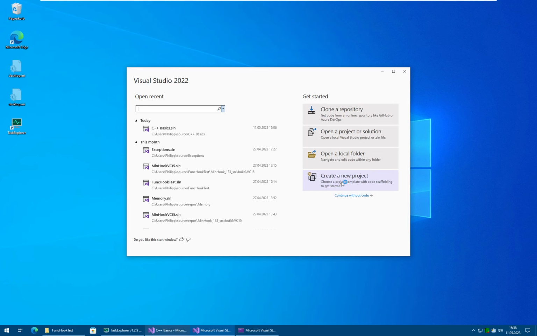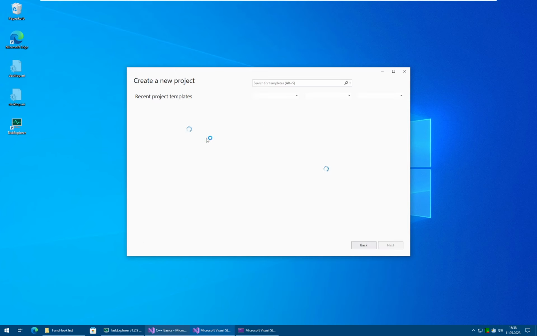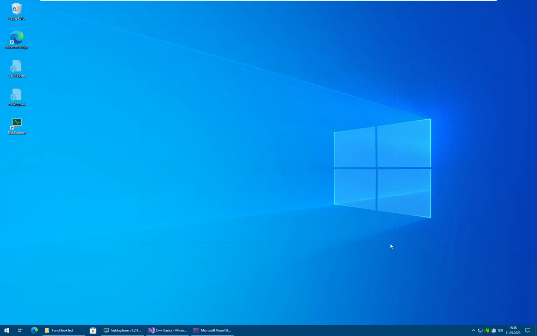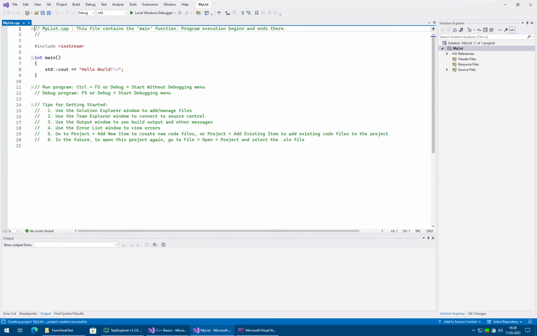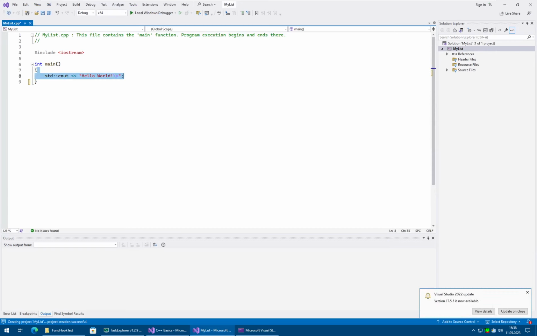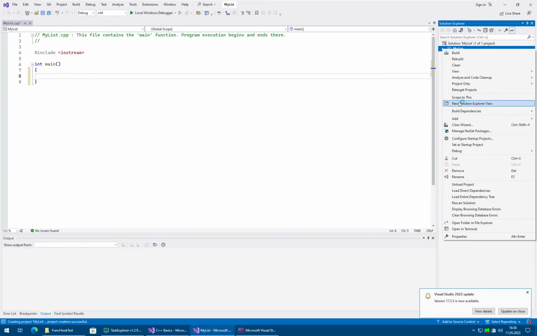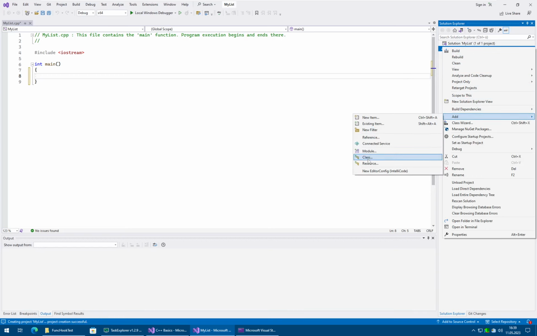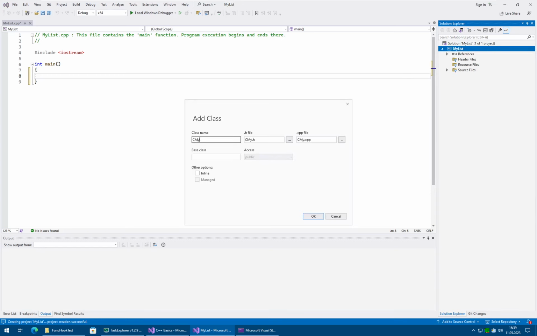So we create a new project, we create again a console application, we call it my list, create, voila, we don't need that, and we add a new class, add new item, sorry, not new item, new item is for files, and add class, call it my list, and my list will be something with which we will work for